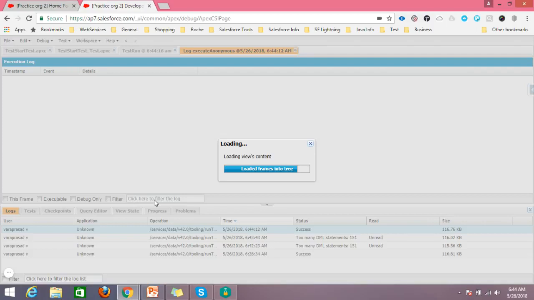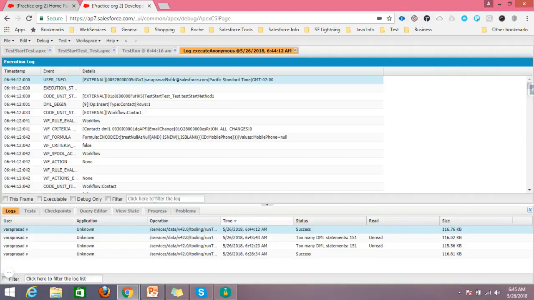The main purpose of the start test and stop test methods is to refresh governor limits. Whatever methods are between start and stop test will have their own governor limits, and outside of them, whatever code there is will have its own separate governor limits.